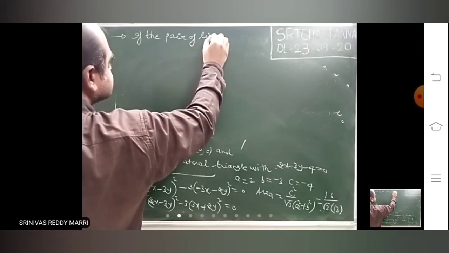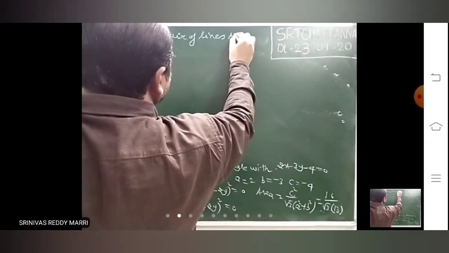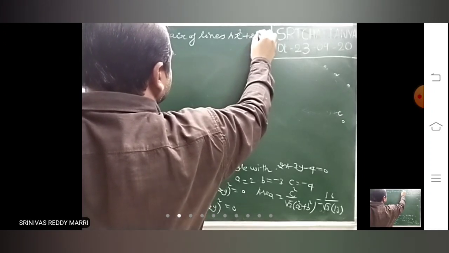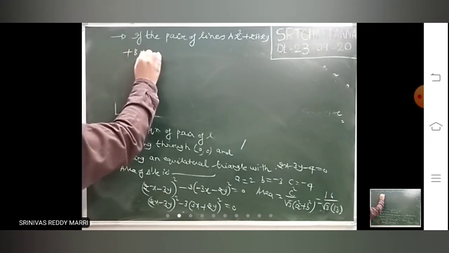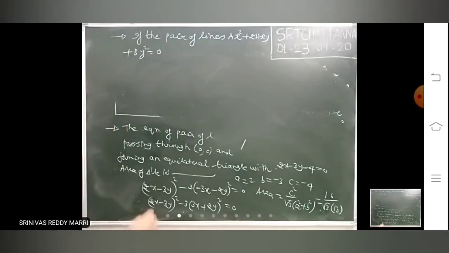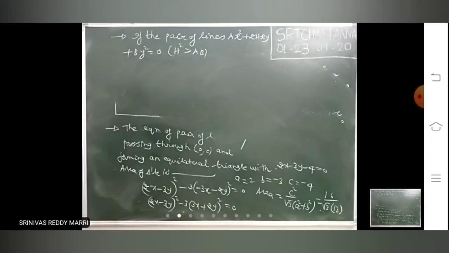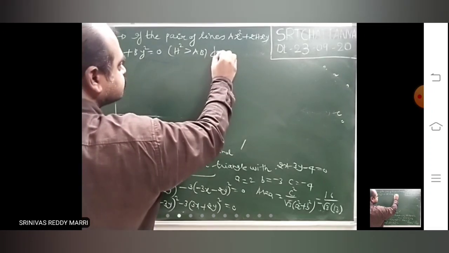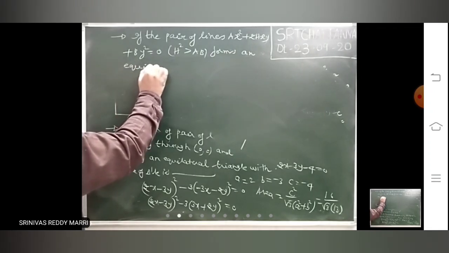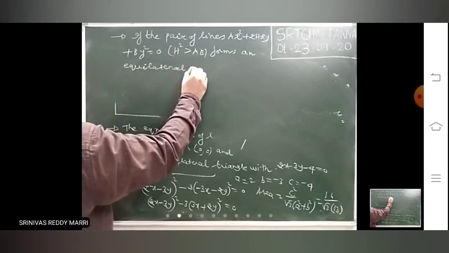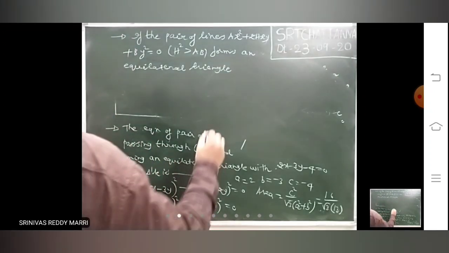If the pair of lines, he has given like this, ax square plus 2hxy plus by square equal to 0, where given that h square greater than ab, forms an equilateral triangle with the line